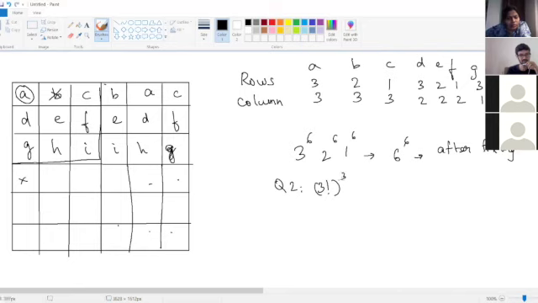Okay, we'll try to fill Q3. So for A, the number of choices is 3. So I'm putting it here. Now automatically this becomes A only. For B also I have 3 choices.